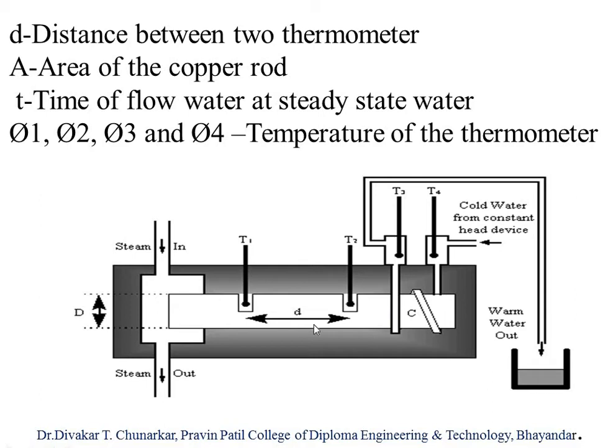First calculate the diameter of the rod, then the radius, and then use the formula for a circle. Why do we use the circle formula? Because this rod is round; it is circular. So the value of D is known, the values of T1, T2, T3 and T4, that is theta 1, theta 2, theta 3 and theta 4, are also known. Then, for the collected water, measure it with the help of a measuring cylinder or by weight.